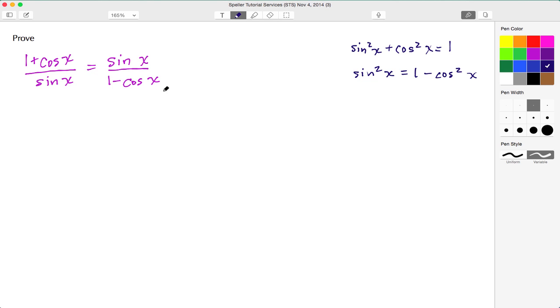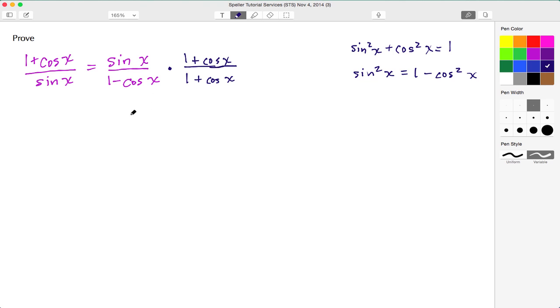So what I know I can do, based off of knowledge in algebra, is multiply by the conjugate. And in this case, that conjugate is going to be 1 plus cosine x. That's what I'm multiplying the numerator and denominator by, which is basically another way of multiplying by 1. And conjugate is just a big word that says all I'm going to do is take these two expressions and change the sign in the middle. It started off as subtraction, I made it addition. If it were addition, I would have made it subtraction.